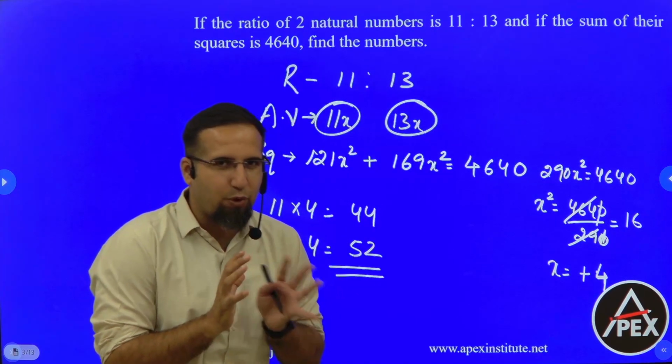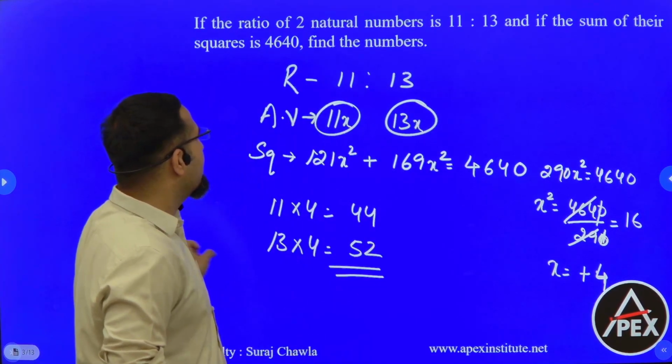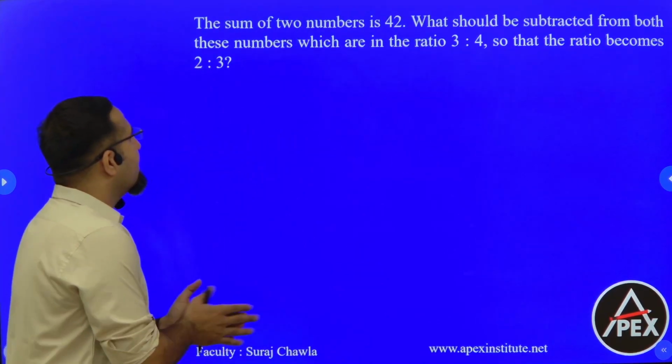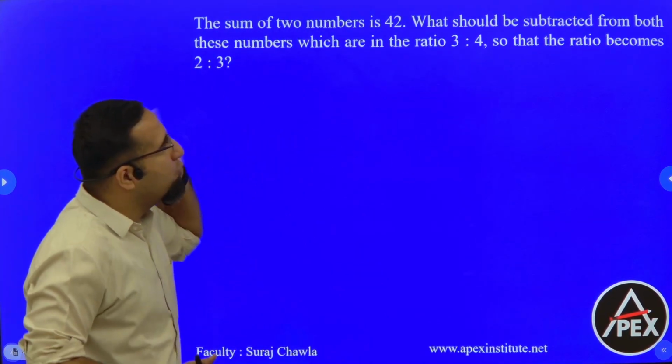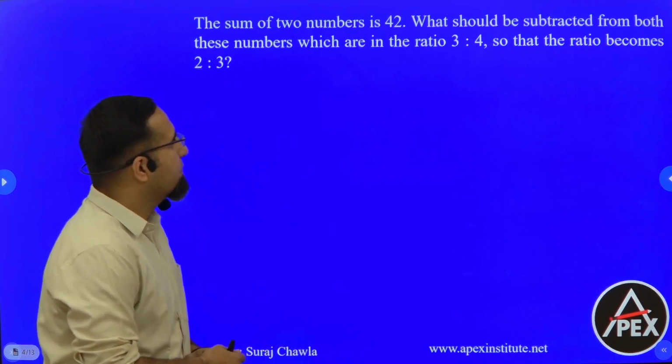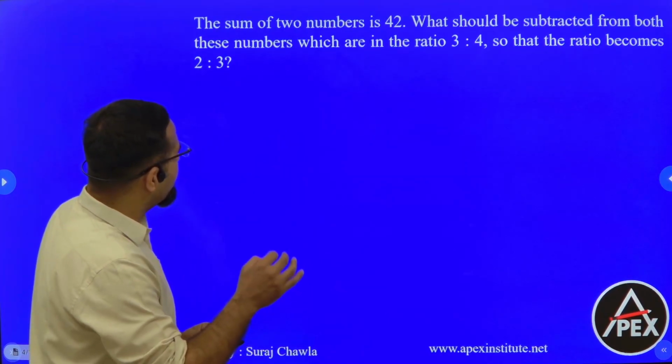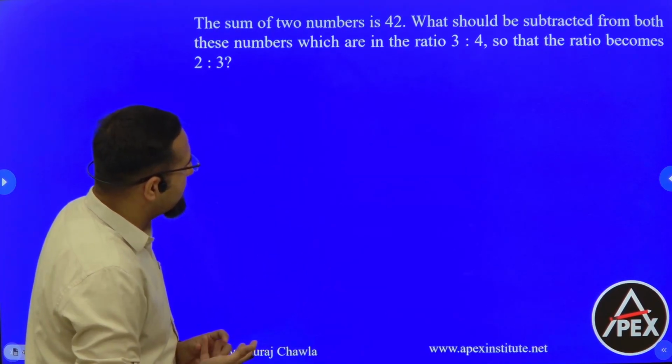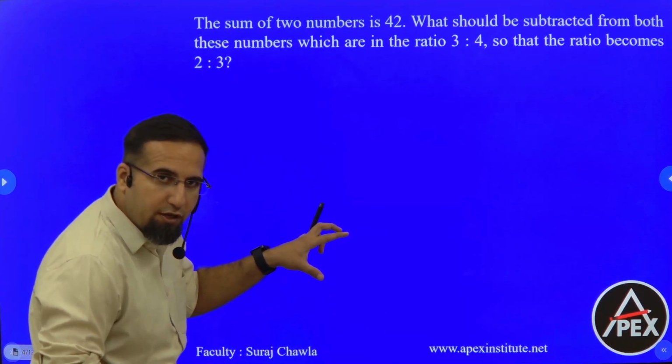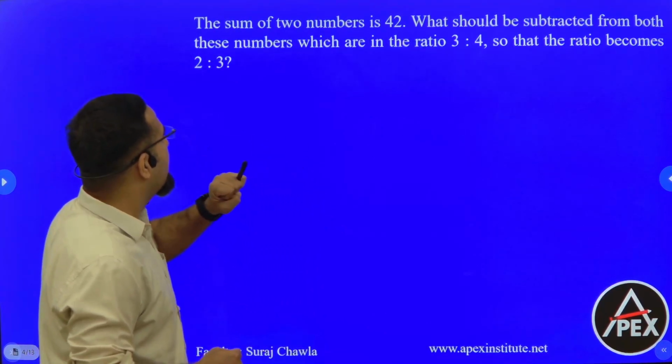Clear? Very basic question on numbers. Let's look at the next question. Now what is this question talking about? Now this question says the sum of two numbers is 42. What should be subtracted from both these numbers which are in the ratio of 3:4 so that the ratio becomes